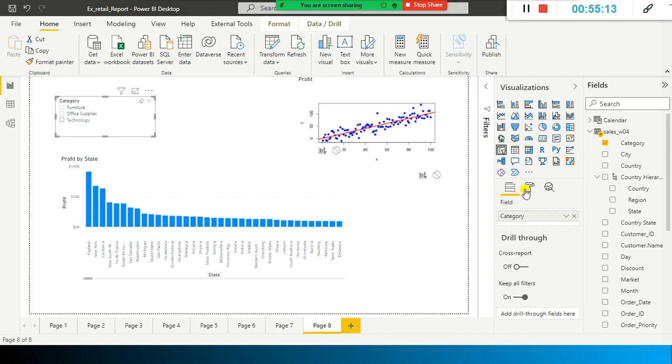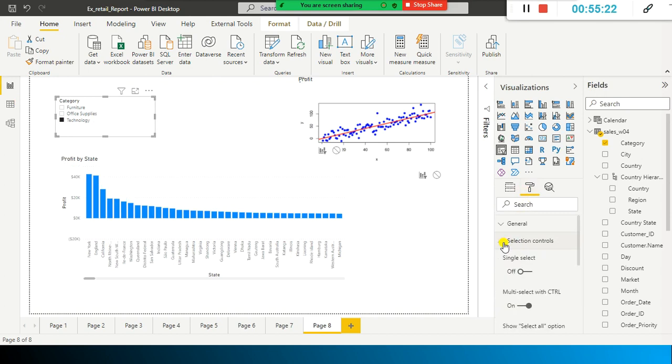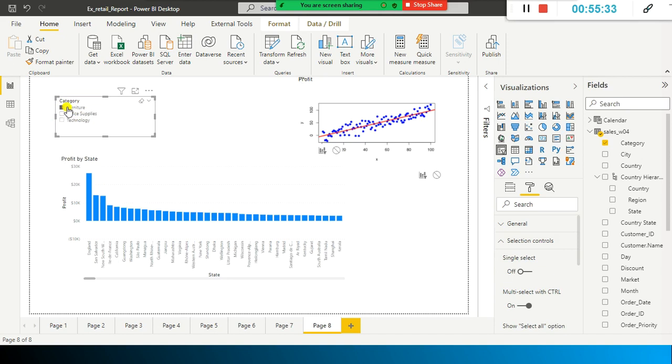And you have another option when you go to the format here: slicer, header, and selection controls. Selection control is something like, if I want to filter the visuals based on technology and furniture, if I select this one, what happens? Only this one gets selected. I cannot select more than one category here.